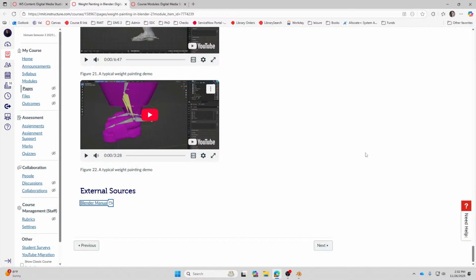I'll explain the easy way, which is the automatic way to do weight painting. But be aware that the automatic way is not perfect because it cannot accommodate complex clothes, complex accessories, etc. So you learn the hard way, weight paint.